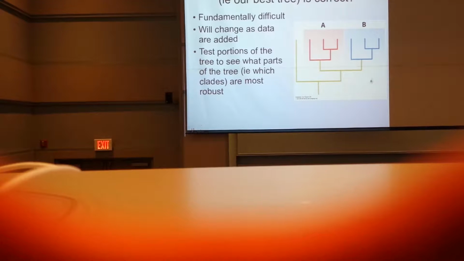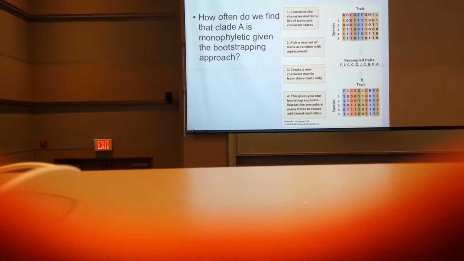But then the whole tree is like one big hypothesis, and then each little clade is really its own hypothesis. So there's the whole tree here, and then there's a hypothesis about clade A here, and there's another hypothesis about clade B, and what the relations are within that clade. So what we can do is look at these individual little branches or clades and see how much support there is for each individual part of the tree. So one way that we can do that is